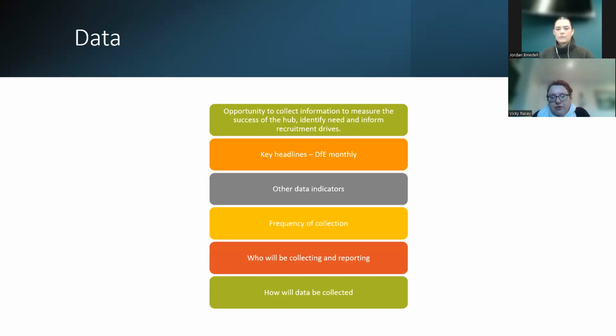In terms of frequency of collection, I think I've already mentioned that generally we're looking at monthly reporting. That said, you will all have your own local authority dashboards, and I'm under the impression at the moment in the system that we're designing that they would update daily, but please don't hold me to that as we haven't finalised any data system yet, but that is what we're aiming for.